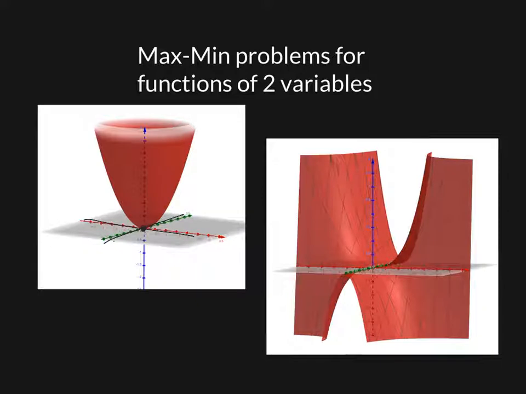Now, on the other hand, we have a graph over here that has a weird point right about there. In part of the graph, you can see if we took a cross section, it would be a minimum, but if we look at it from this perspective, it would actually be a maximum. So we get what's called a saddle point in that case. It kind of looks like something you would put on a horse and ride, right? It has a saddle, a place where you could sit in it.